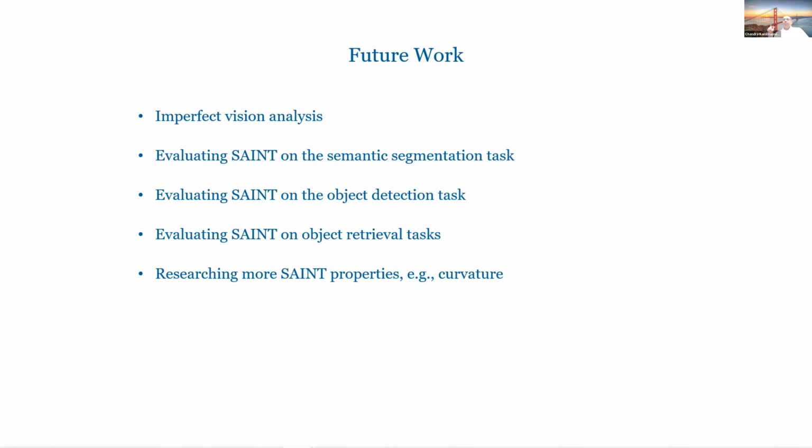On object detection, the first picture of the PointPillars. Retrieval, like I said, radii and centers could be used to retrieve objects. We also can add more interesting things. So curvature has a totally different meaning for Saint because you have a sphere, but that sphere is capturing this point and this point. So Saint curvature is different from real curvature, but that could be helpful for classification. So these are things that we're very interested to continue on.